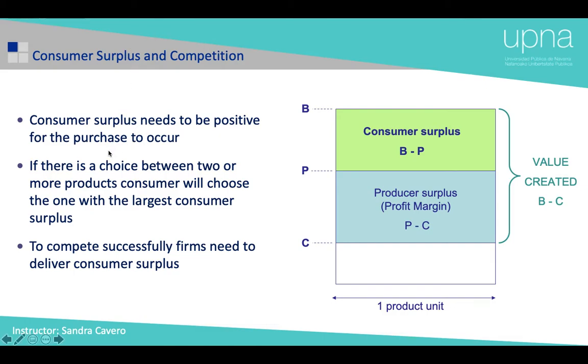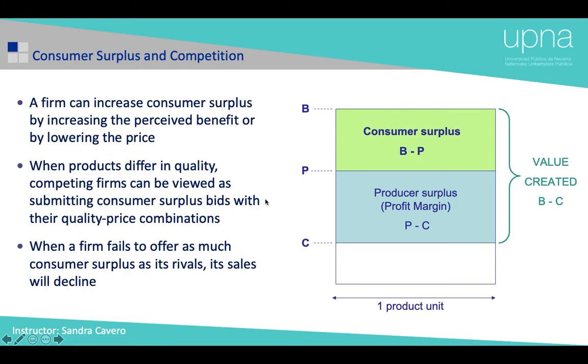This will be the first main assumption of our consumer behavior model. The second one will be that if there is a choice between two or more products, consumers will choose the one with the largest consumer surplus. Therefore, to compete successfully, firms need to deliver consumer surplus. And a firm can increase consumer surplus either by increasing the perceived benefit,